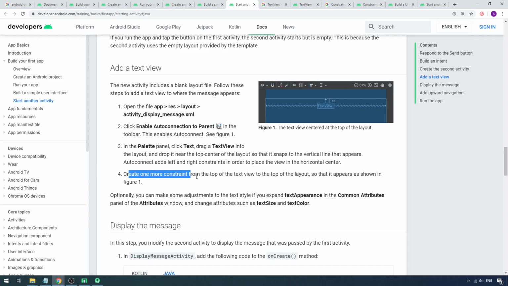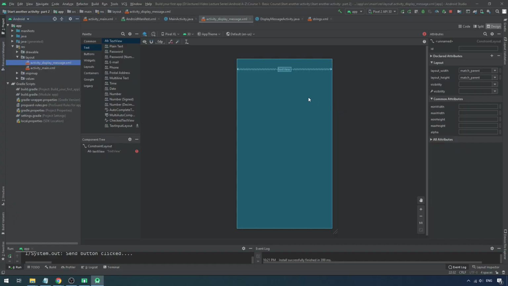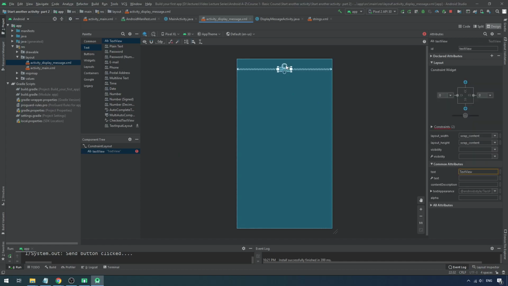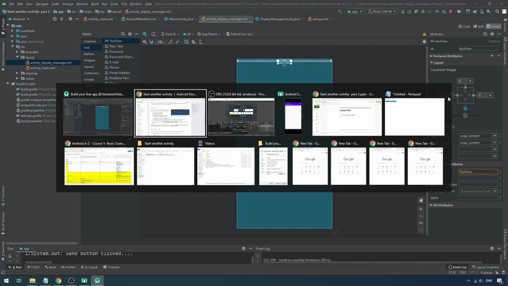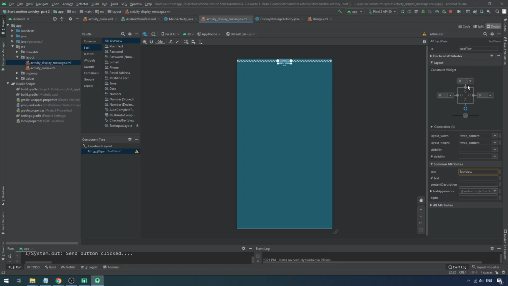Create one more constraint from the top of the view to the top of the layout so that it appears as shown in this source over here. So just click this, drag this anchor to this, right? And then it says 16, so you have to click here and give a gap of 16 from the property palette constraint widget. So awesome, we gave that